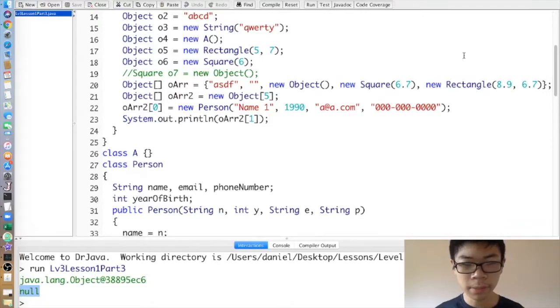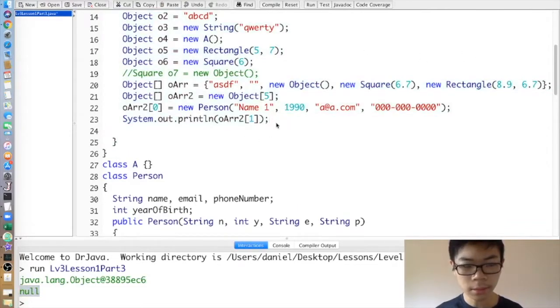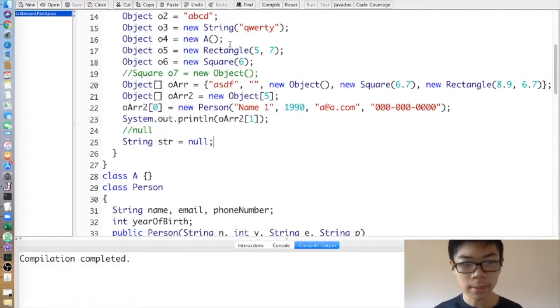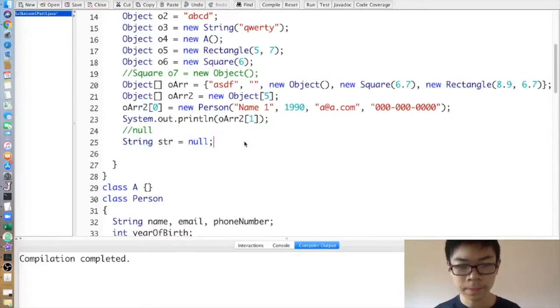We've went over this briefly before, but basically what is null? So null is basically something that means no object. So for example, we can have a variable right here. If we set it to null, that means that even though str is supposed to have something of type string, we couldn't find one, so we're going to make it null. That's what null means. And it turns out if we try to do anything with null, so first of all,